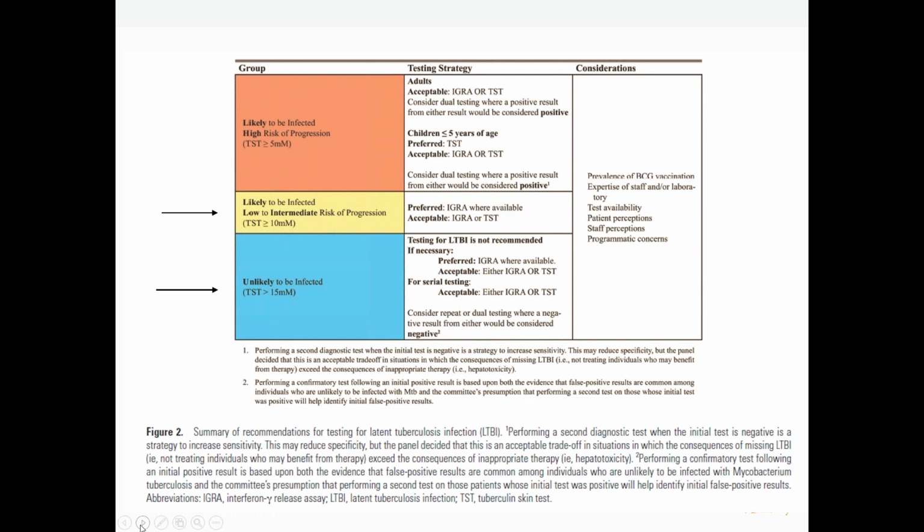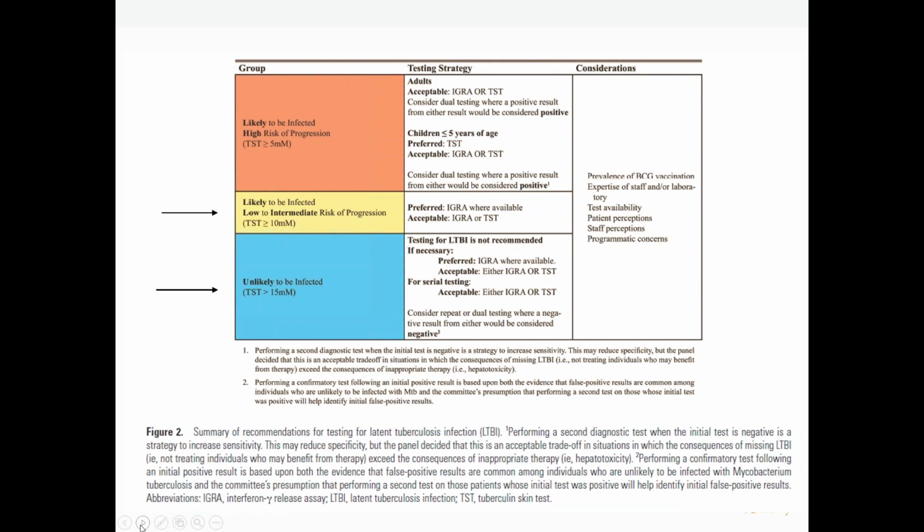Previously, CDC always blended those together, like HIV is a risk factor. Well, HIV is not a risk factor for exposure, but it is a risk factor for progression if you have TB. So that's a good example. What they did in the new guidelines is finally separate those ideas and come up with this box. The group on the left in the red is those people who are likely to be infected, but who also have a high risk of progression. So they come from Vietnam, for example, and they have HIV. This is a group that is likely to be infected and likely to progress.